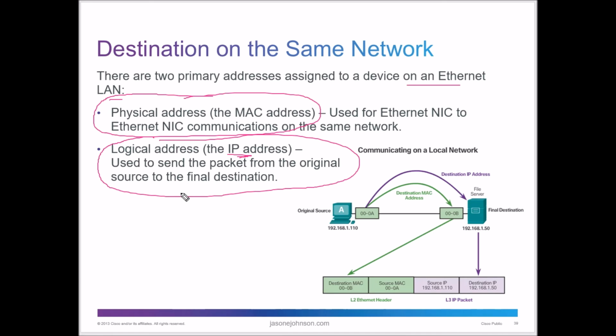So again, remember when we looked at your physical layout and your logical layout? Well, this is where that comes into play a little bit more. You have your logical address, and that's your IP addressing. That's your layer 3 and above. That's used to send packets from the original source, and that allows us to do routing. Your MAC address does the local area, and it sends it through the switching. And so this is communicating on a local LAN here.